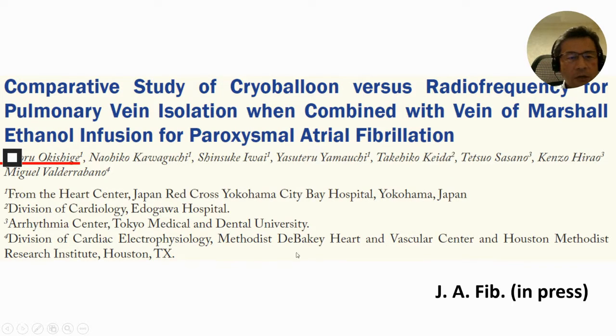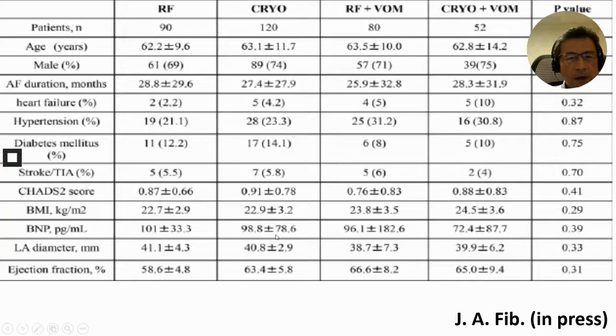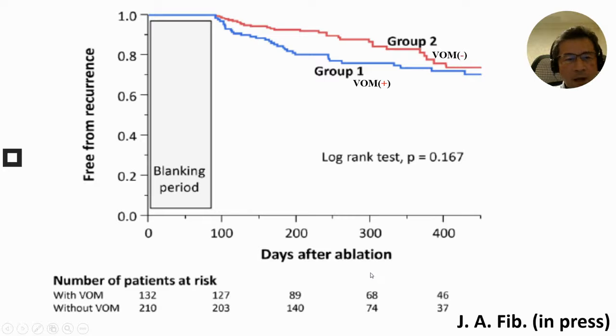Finally, let me introduce our latest study. We performed only RF ablation in 90 patients, only cryoablation in 120 patients, RF ablation combined with chemical ablation of the vein of Marshall in 80 patients, and cryoablation combined with chemical ablation of the vein of Marshall in 52 patients. There was no significant difference regarding clinical characteristics in these patients. When we draw the Kaplan-Meier curve regarding freedom from recurrence of AFib,